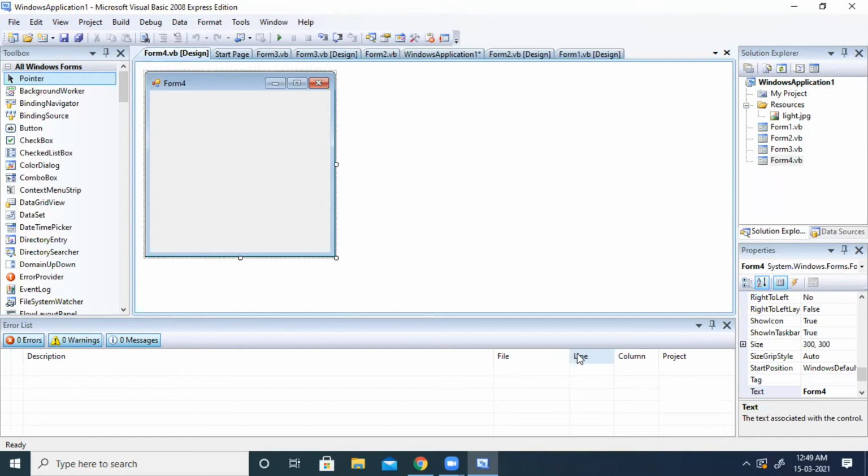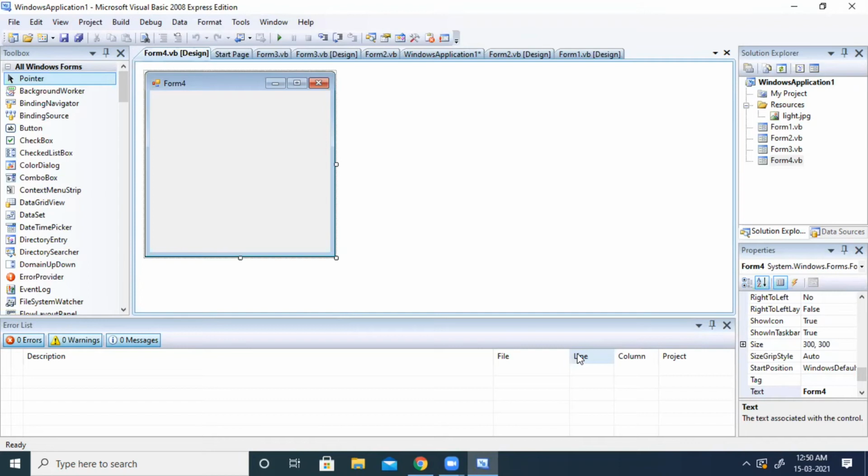And on that interface, I am going to check whether a person is adult or not based on his age. For that, I am going to take some text boxes and also one button. So for that, we will take the conditional statement here, if then else. Okay, we are going to use if then else here.